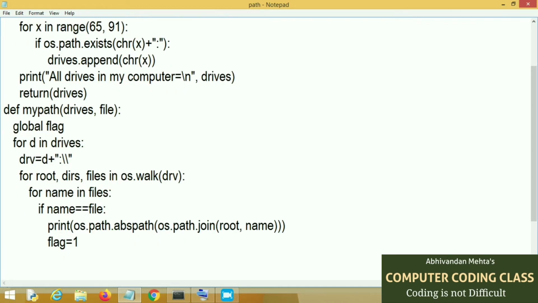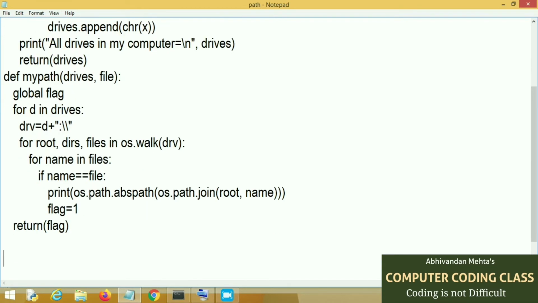Now we will set flag equal to 1 because the file is present in our system. Now I will return the flag status, and that completes our second function.